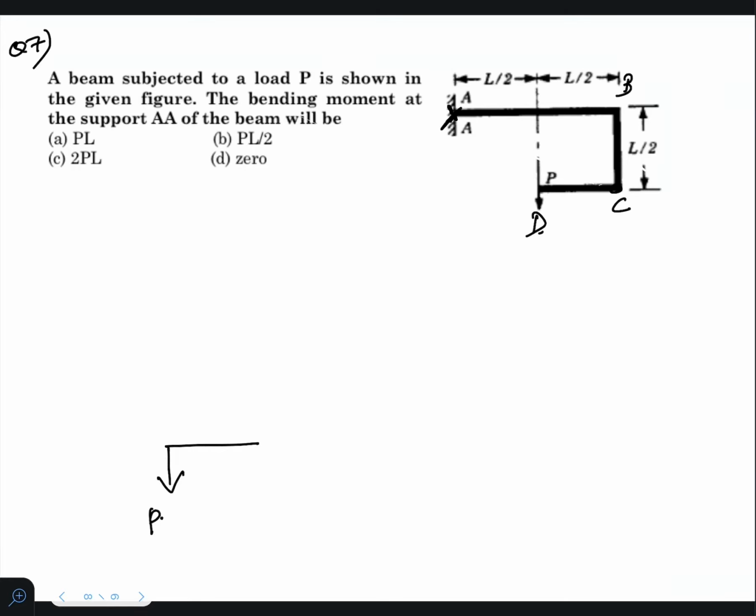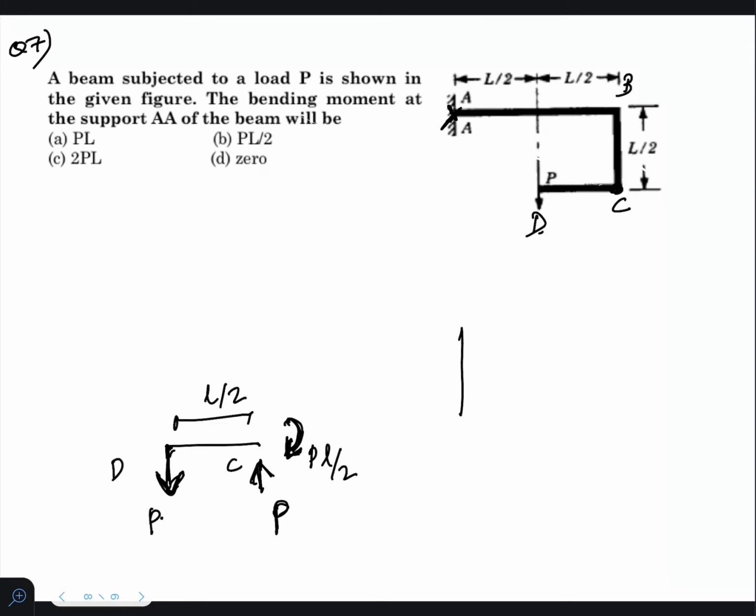So this C is a rigid support. This C has to restrict this load. So there will be a load P acting in the opposite direction in order to resist this one, and because of this P into this distance L by 2, there will be a moment developed in order to restrict that, which will be PL by 2 value. The direction will be clockwise, because this is causing an anti-clockwise moment. So in order to restrict that, we will have a clockwise moment. Then the next portion, this is DC portion.